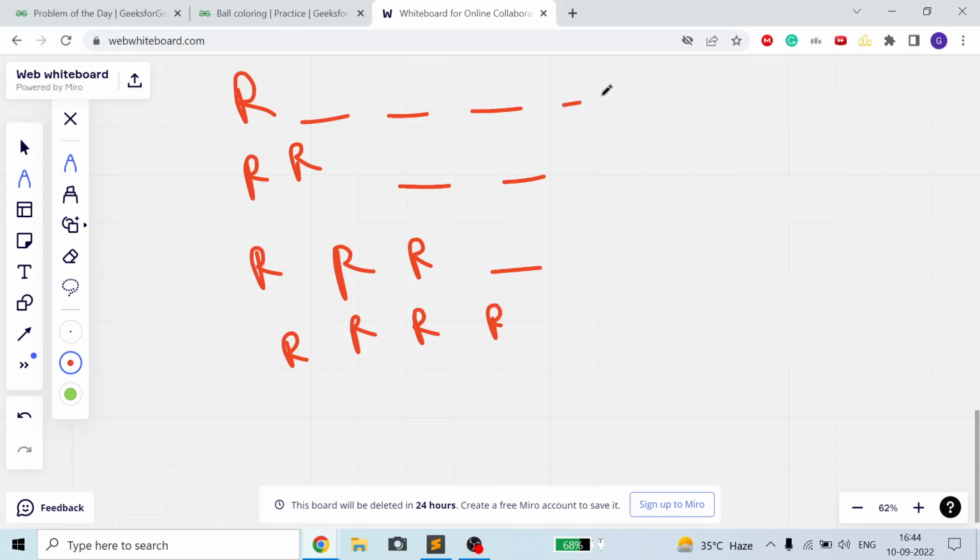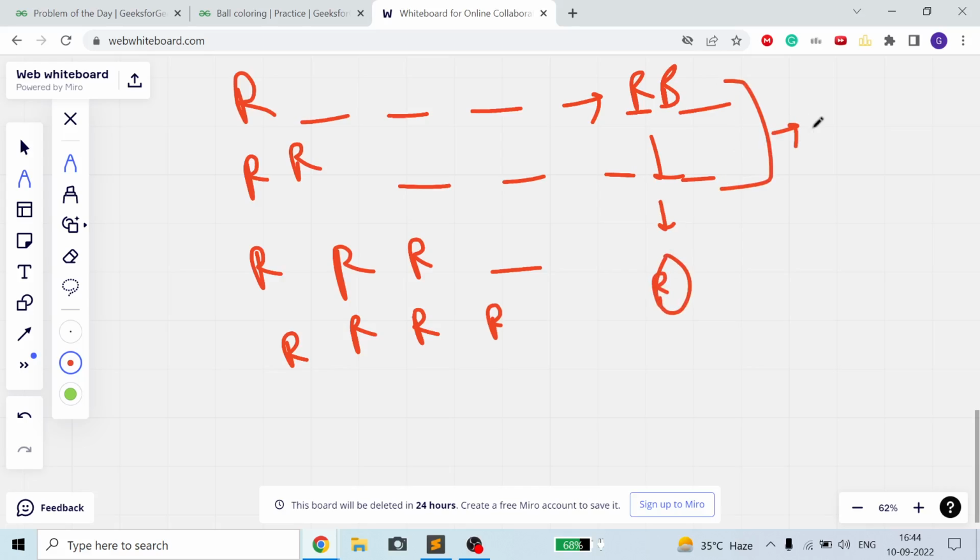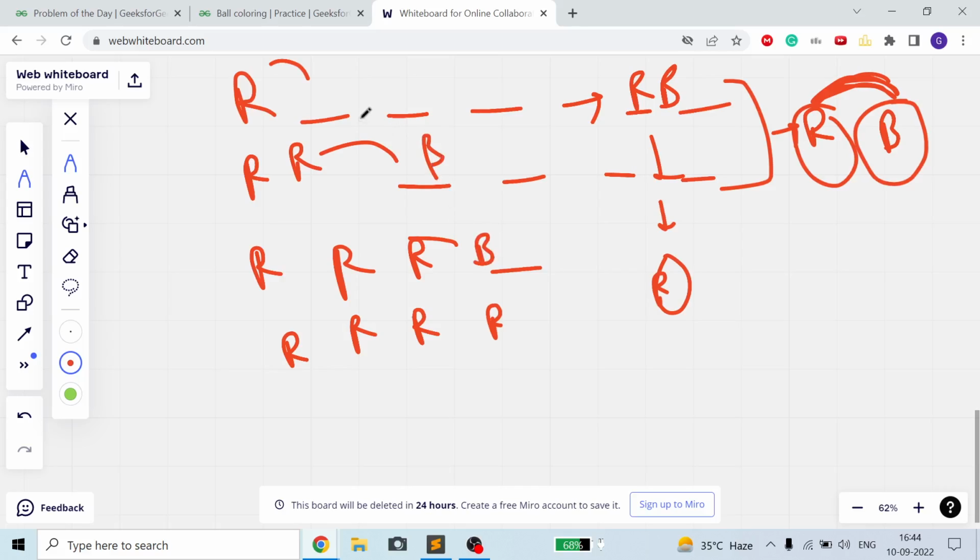So this can be written as RB. Why RB? Because some red balls, then some blue balls. This is also some red balls, some blue balls, same. This is the same. This is only R. So these three will represent RB, meaning a group of red balls, then a group of blue balls. The number of red and blue balls can be different, but the number of different characters in continuous places is just one. Here it is, here it is, here it is. Why? It is B, it is B, it is B, it is also B. Okay guys, I hope you understand what I want to say.